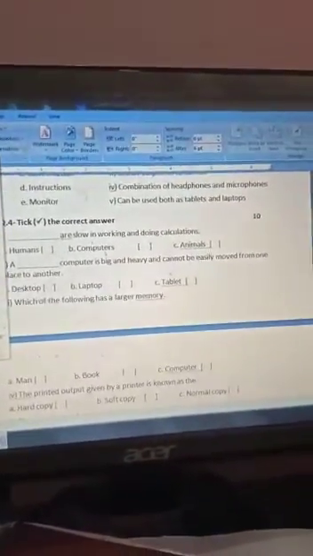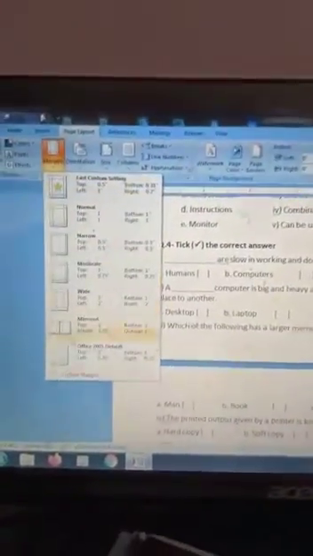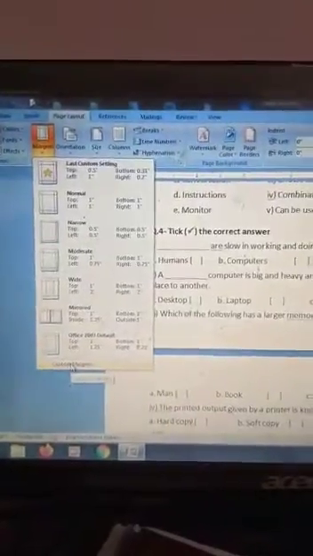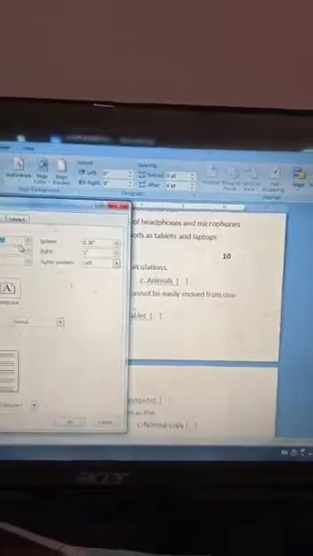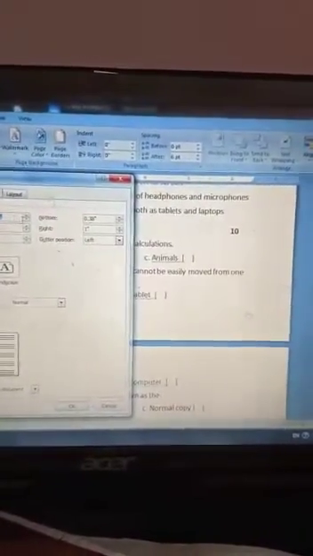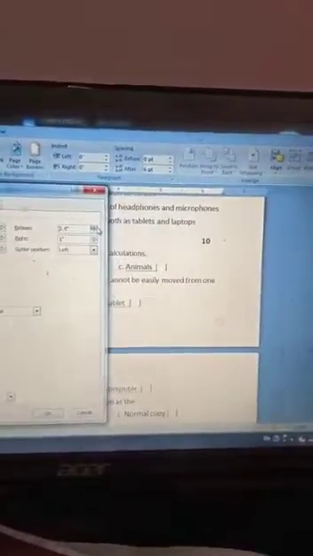Whichever type of margin you want, the Custom Margins option is also given here, which I will show you. Click on that and select Custom Margins. Then this type of window will open, and through this you can set the top margin 0.78 and the bottom margin. If you want to increase it, click here.